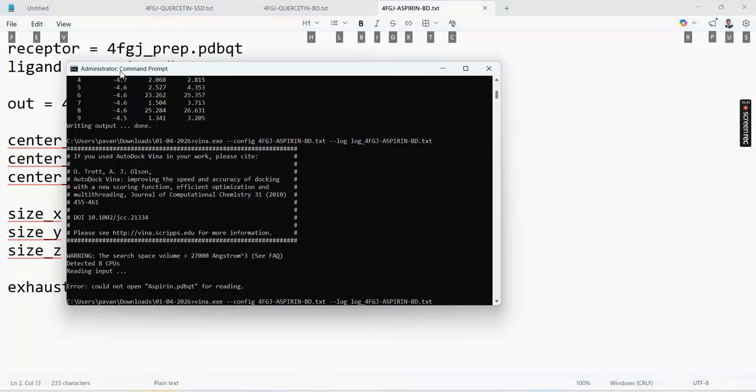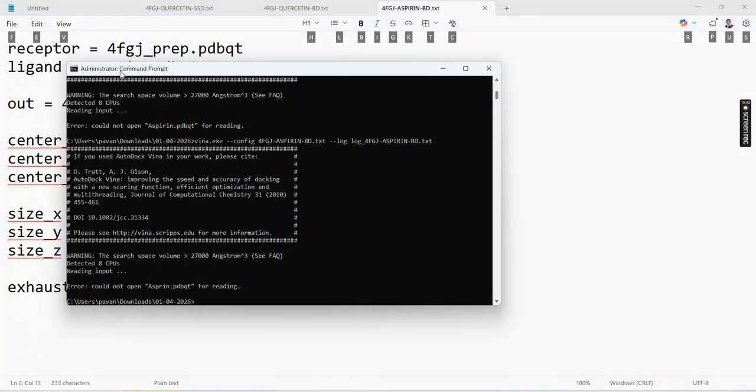So let us run this again. Can you see here, it is showing could not open. It means whenever there is a spelling mistake or whenever a file is missing, it will show could not open. Okay. So this is all about how you have to run the docking process.